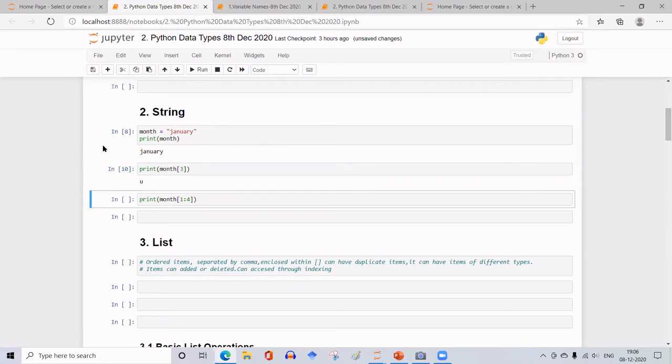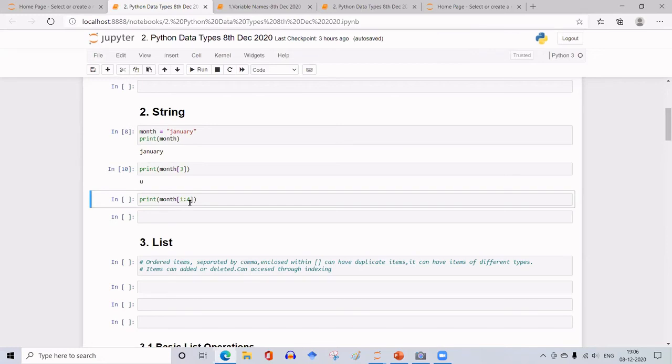Suppose I want a set of characters starting from some index to ending at some index. Then I can give those index like this. Month within square bracket 1:4. So here what happens? It starts from the index 1 but stops at an index which is upper limit minus 1.